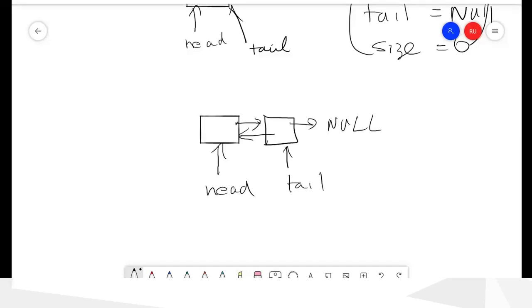When you delete this, you have to move this head pointer to the next node. You can easily do it. First we will use a temporary pointer to remember the address of this node, because otherwise we will not be able to delete it when we change these values.